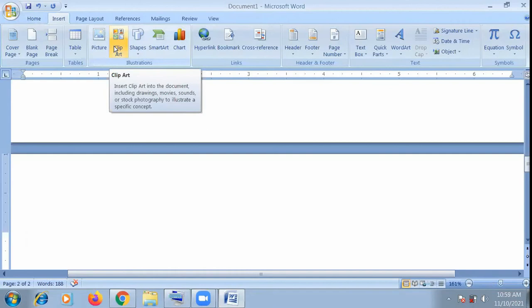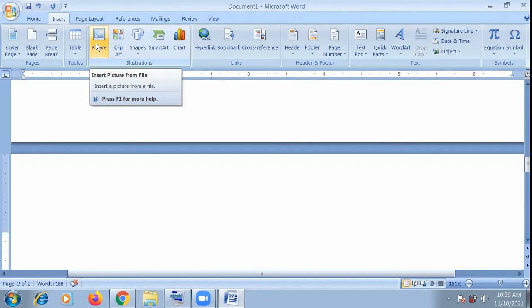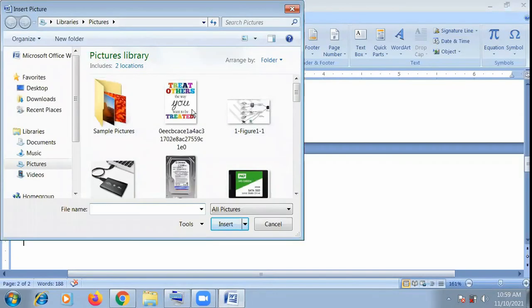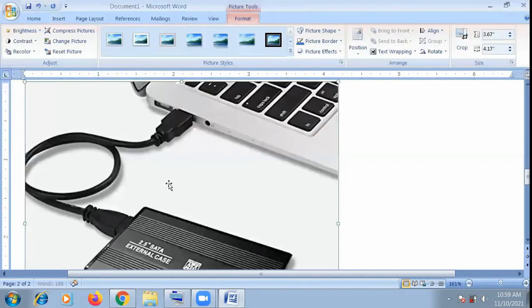This clip art is the part of picture of Word, MS Word. Okay. And this picture helps to add the picture of different applications, different software that we use. For example, we can add the picture of Paint, we can add pictures of different picture formats, that is PNG, or the pictures that are available that we create. Different pictures we can add. Okay, suppose that this picture we can add.